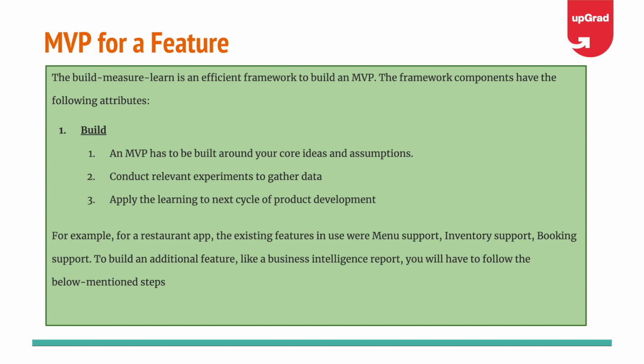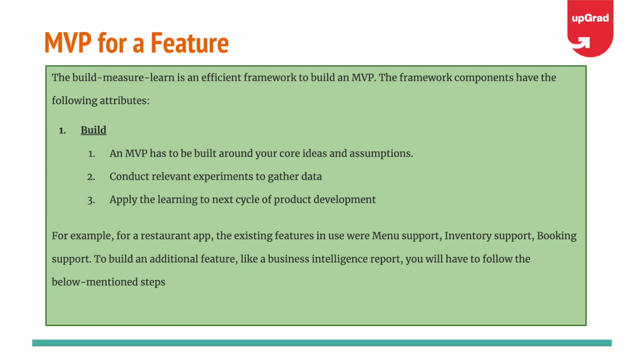On the other hand, a lot of times, when you're a product manager in a company, you would be building an MVP for a feature because there could be an existing product, and then based on your research, you would have identified some need for a customer and you wanted to build a new feature. But you know that you can never be 100% sure, and let us say you don't want to burn too many resources. You will first validate your primary hypothesis or the riskiest assumption by building an MVP for the feature that you want to build.